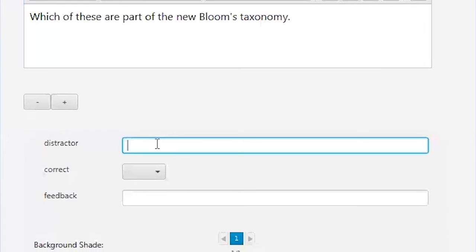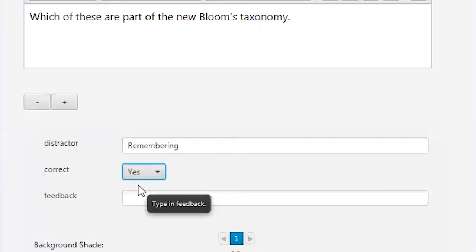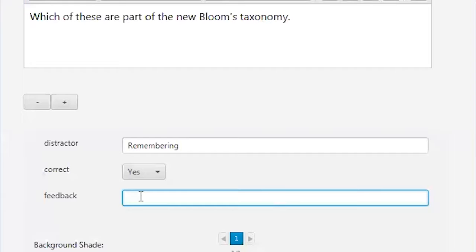And your distractors, again, is a fancy word for option. So my option here, for example, let me say remembering, which is right. So remembering is part of the new taxonomy. Here's how I indicate that it's right. So I simply click on this little drop down. So the feedback here is correct,